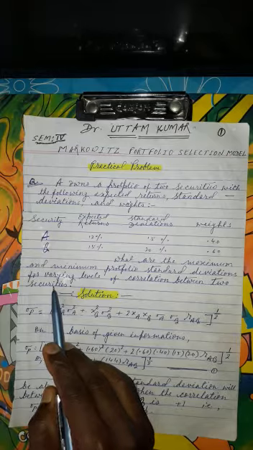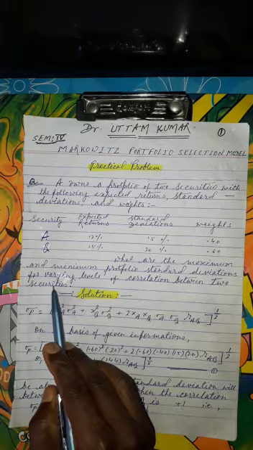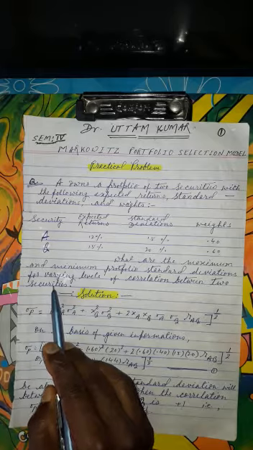Then the first question is: what is the portfolio standard deviation when the correlation is +1? This is called the maximum portfolio standard deviation. And the second question is: what is the portfolio standard deviation when the correlation is -1? This is called the minimum portfolio standard deviation. Now come to the solution.